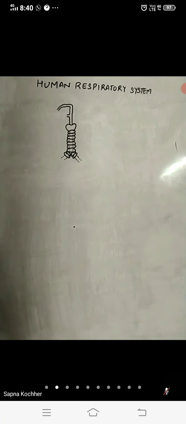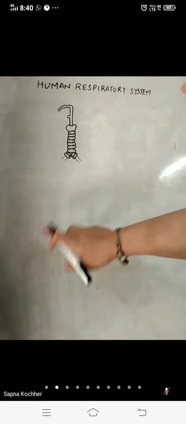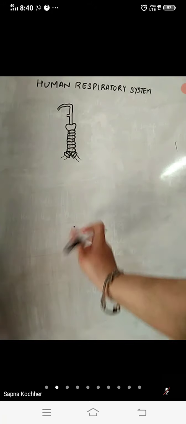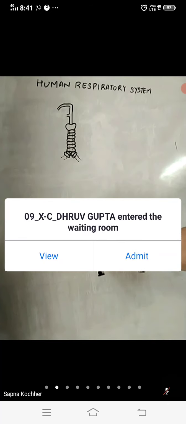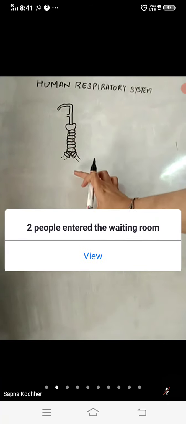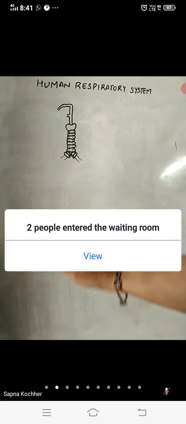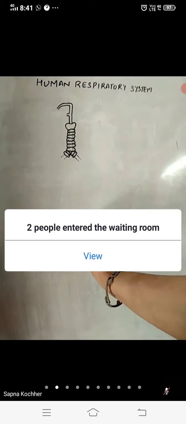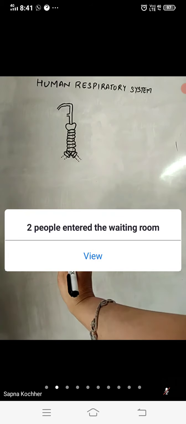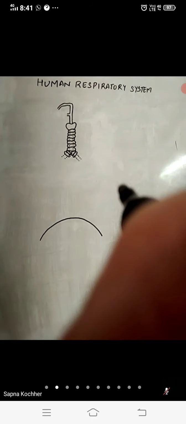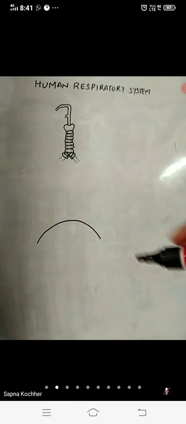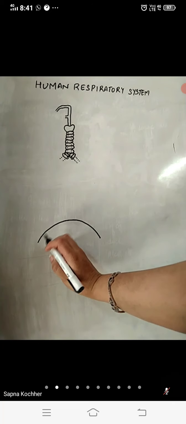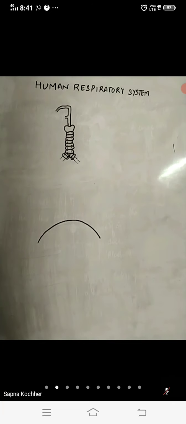This is the point where the diaphragm will have its peak. I said approximately this much length is required, so I have put a dot quite behind. So this much is the diaphragm position. And now before drawing the diaphragm, you have to make it completely arc-wise. You have to just place your hand in between. Just a second. You have to place your hand like this, and you have to just draw the arc.